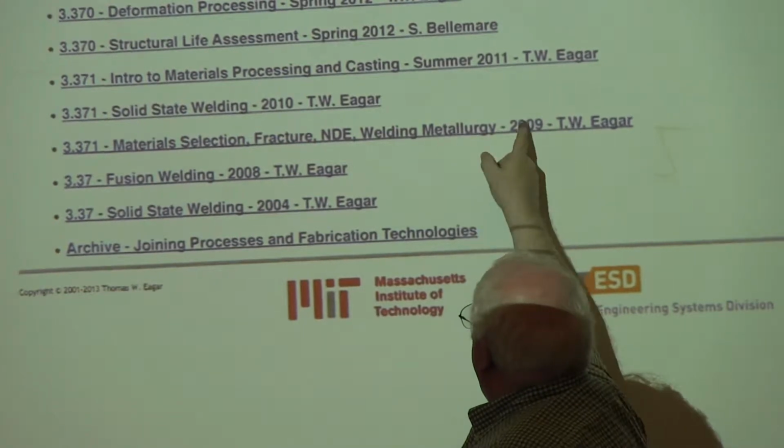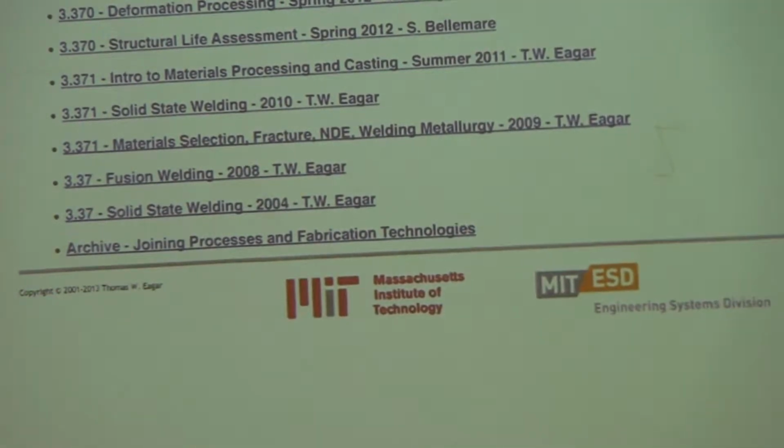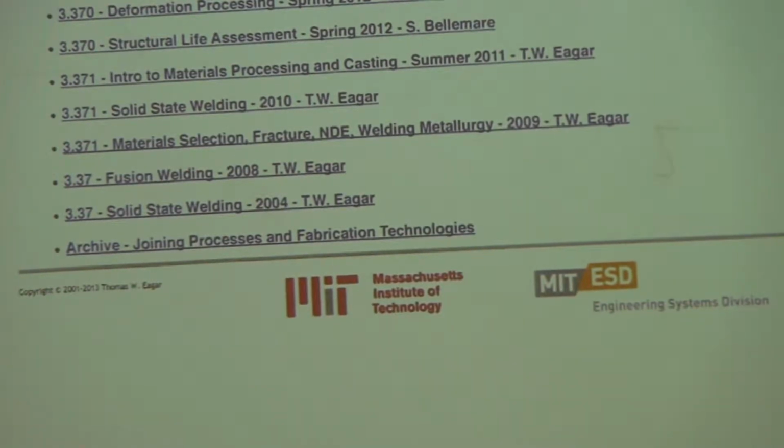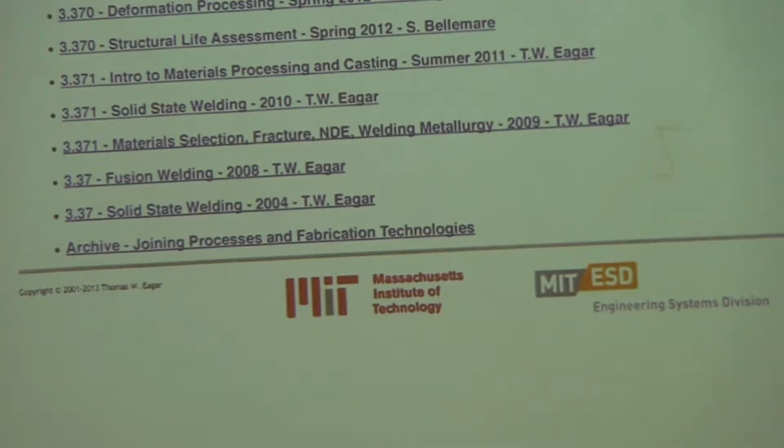I probably won't do welding metallurgy. In fact, I think if you look on this one, you'll find I didn't do it in 2009, but I probably did it back in 2007, which is not on there. Next semester, I might do welding metallurgy or something, a new version. I'm doing more on material selection. I am actually going to get into different metals, okay, and different materials. And so we're going to do like 8 or 9 lectures on material selection.